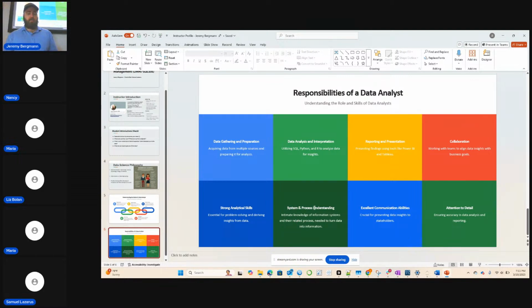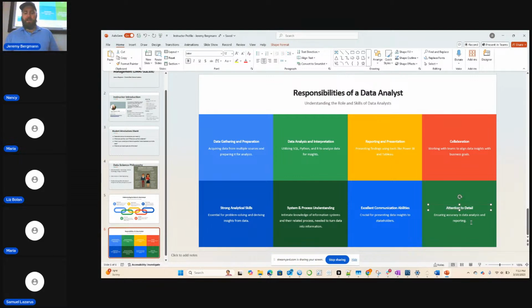Understanding systems and processes. That can't really be underestimated because even IT people may only have a little piece of the information. They don't see the entire picture of the system. So the more you can understand about a system and how people are doing things, the better recommendations you can make to management, or the better information you can turn that into. Being able to communicate is good, especially between business people and on the management side.